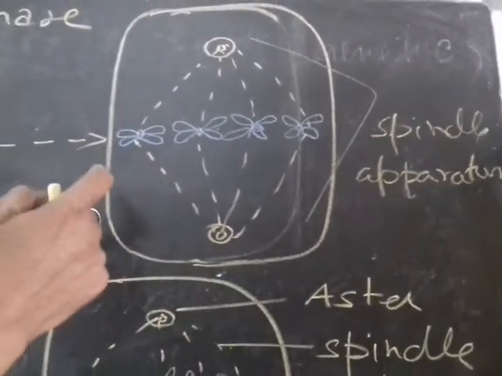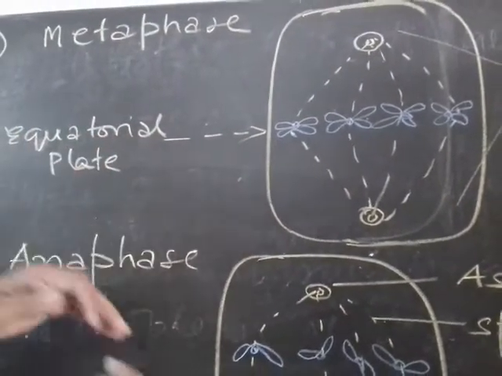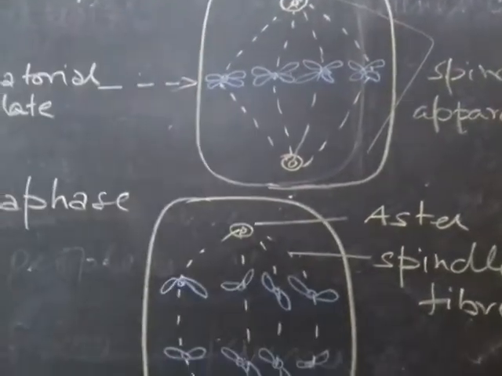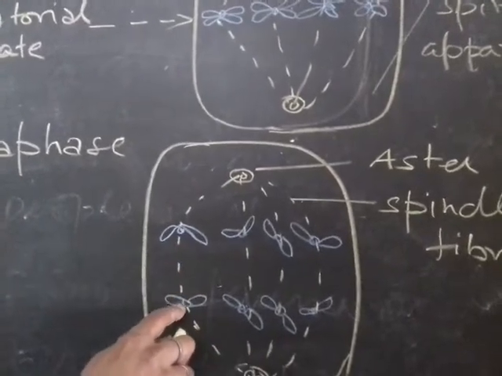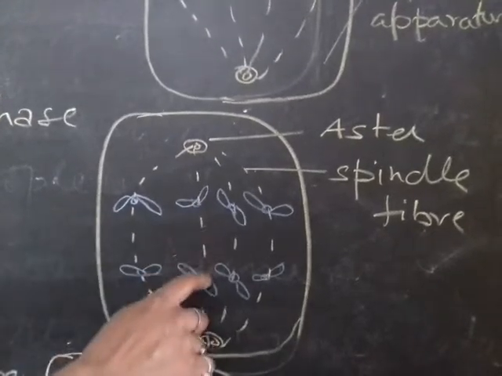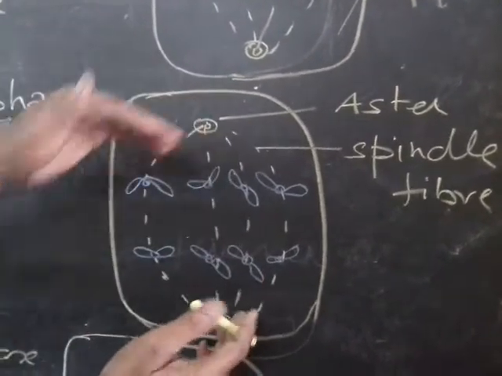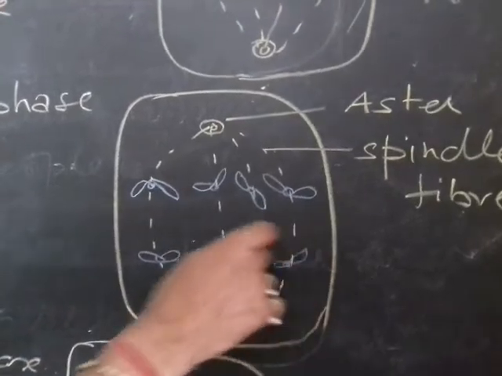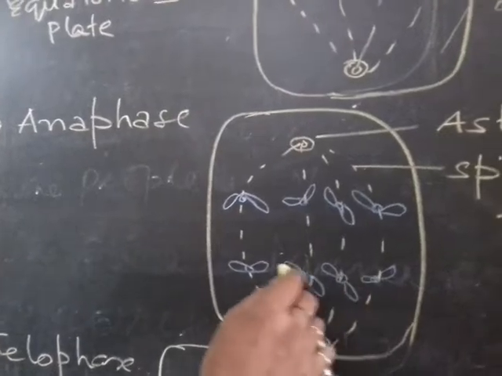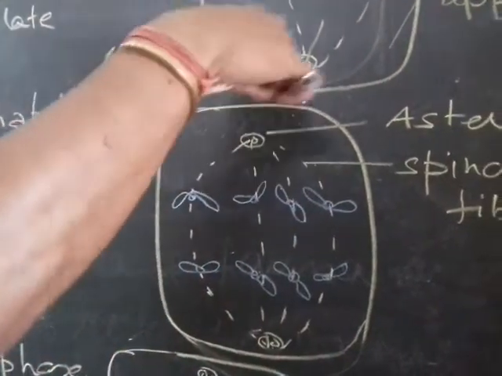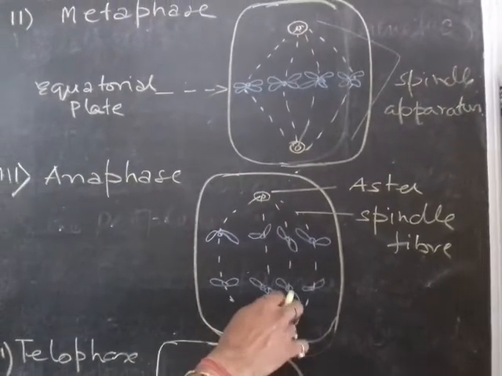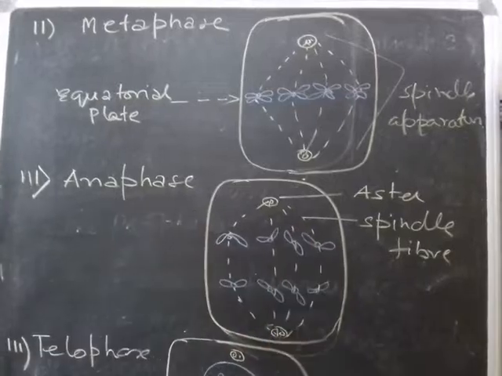And after this, there is the anaphase, where these spindle fibers or astral rays pull, and the chromosomes separate at the centromere into two sister chromatids and move apart. You can see them moving apart towards the poles, and this moving apart is called the anaphase. That means there were 4 chromosomes, and the 4 chromosomes are moving apart. By this time you will see the nuclear membrane has already vanished. There is an absence of the nucleolus, and they are open in the cytoplasm.